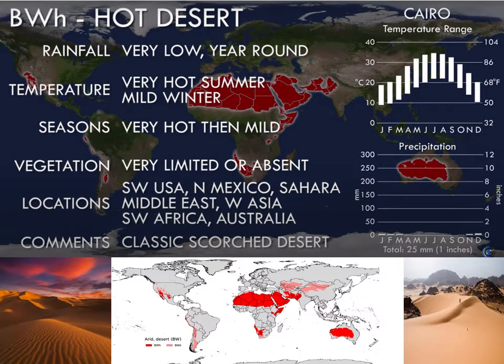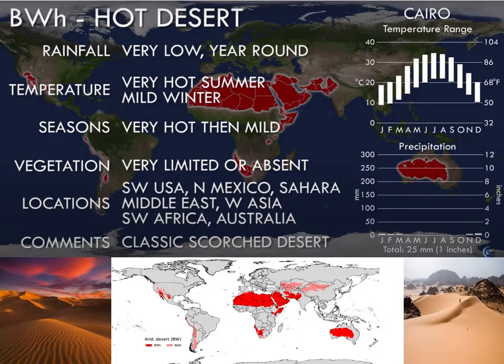Then BWh, hot desert. So this is the B category now. The B category, as mentioned, is about dry climates. Lying at the border of the tropics, hot deserts experience very little rain, and have the highest temperatures on the planet. Most of the deserts, the Gobi Desert, the Sahara Desert, belong to these categories. Little or no vegetation exists here, only bare rocks and sand.